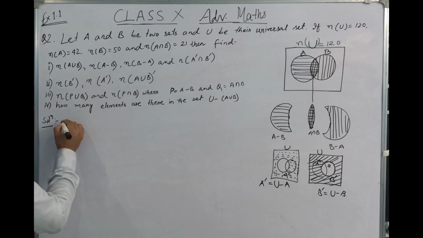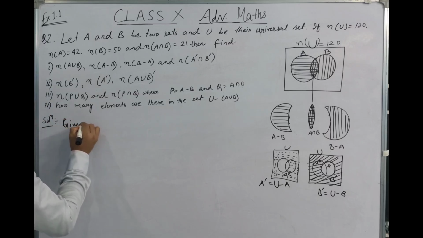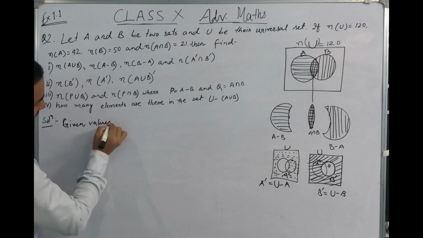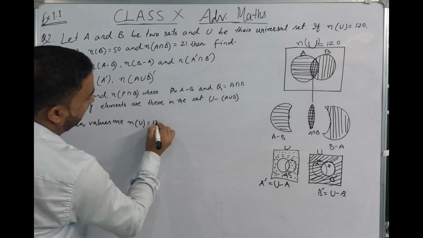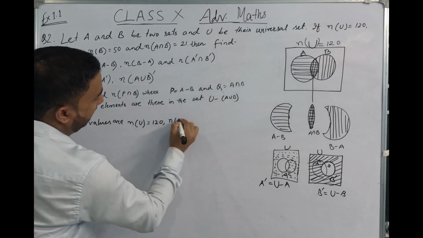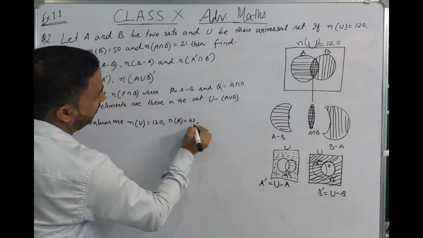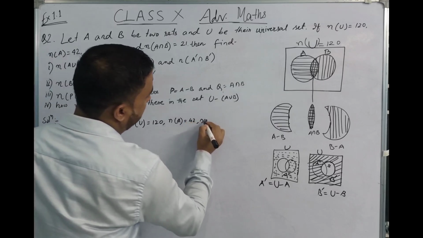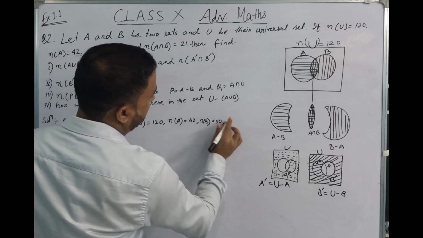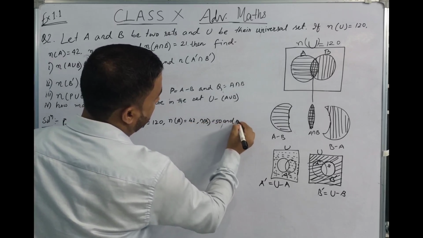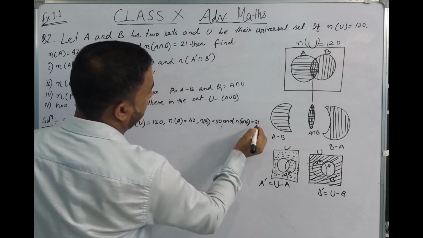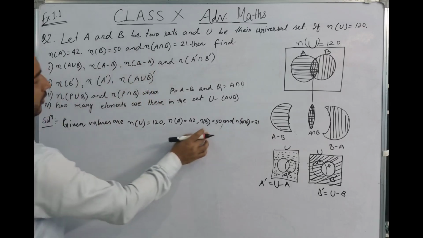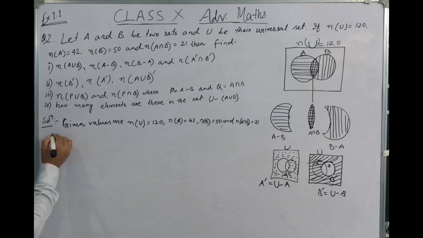Now here, the given values are: number of U equal to 120, number of A equal to 42, number of B equal to 50, and number of A intersection B equal to 21. So these are the given values to us. Now we know that